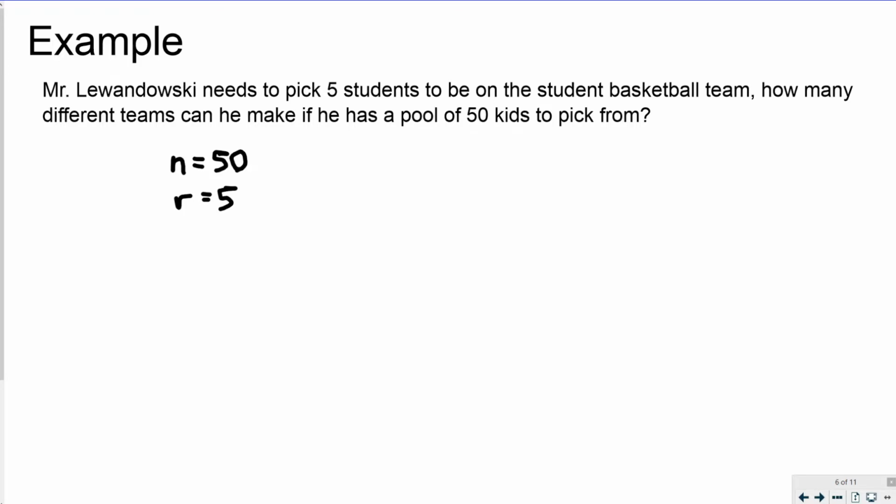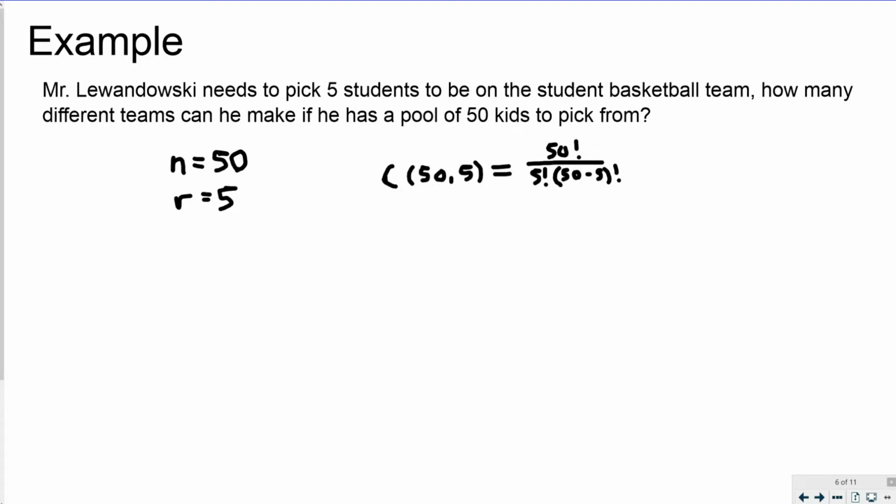So the number of combinations for 50 choose 5 would be equal to n factorial on the top, so 50 factorial, divided by r factorial, and then remembering back, the other one is n minus r factorial, so 50 minus 5